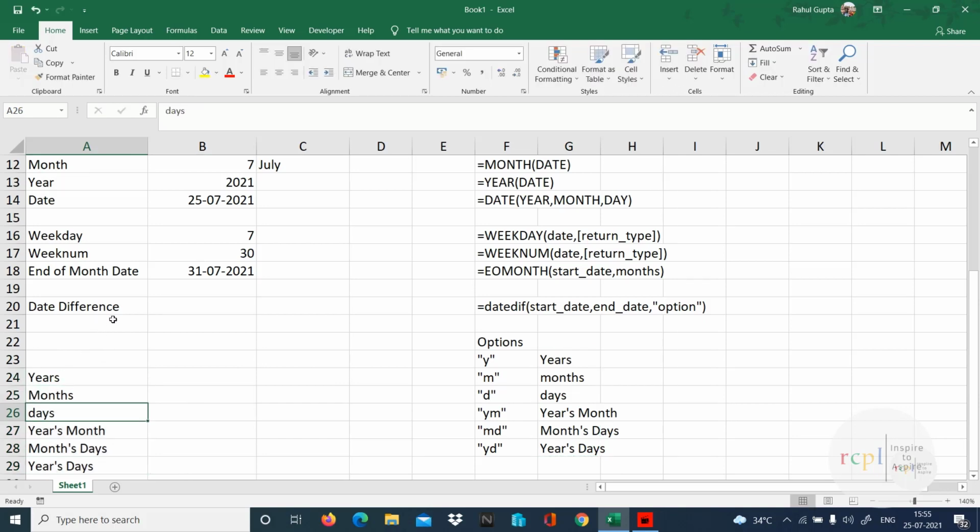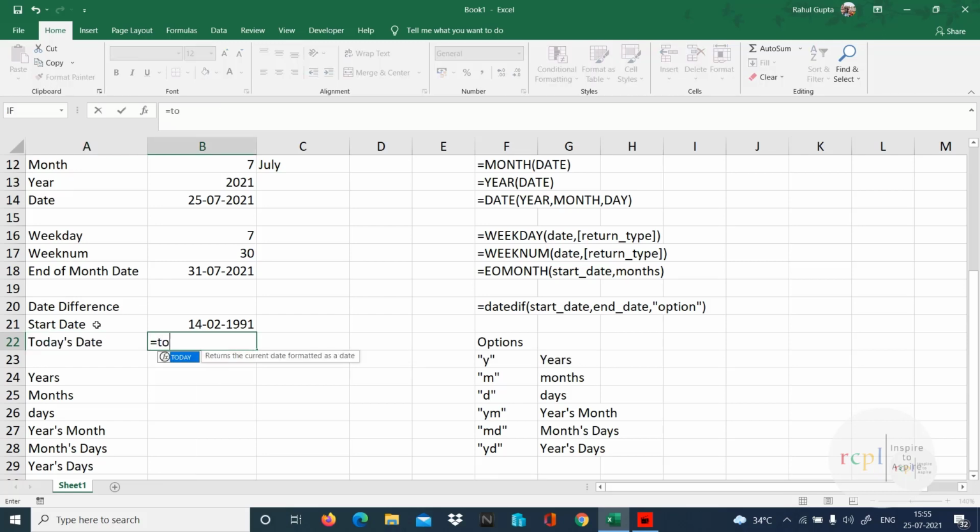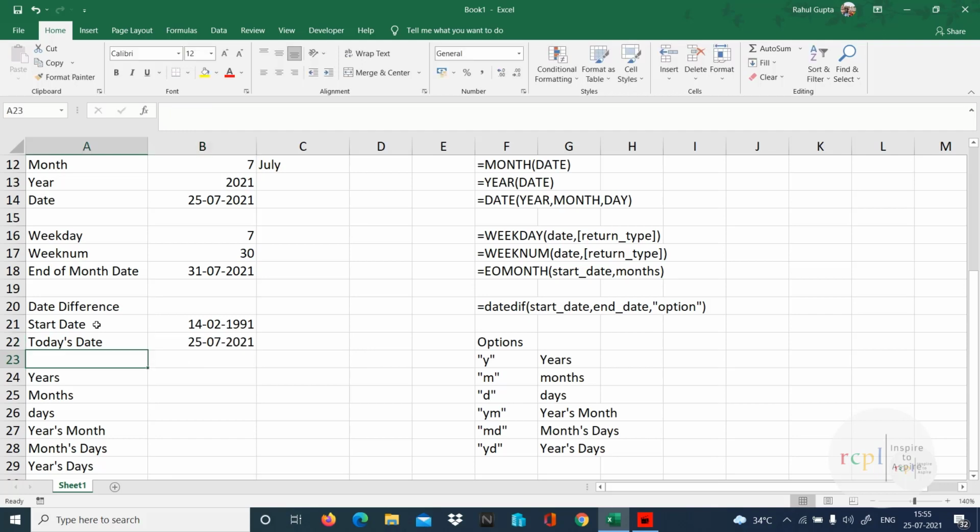Now start date I'm writing over here. Let's suppose it is 14th of February 1991. Now I'll type today's date over here, is equal to today, bracket open, bracket close. Make sure when you're typing the date, it should be in the same format which your system supports.